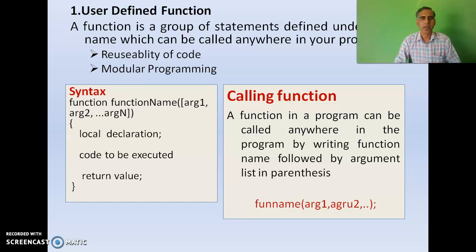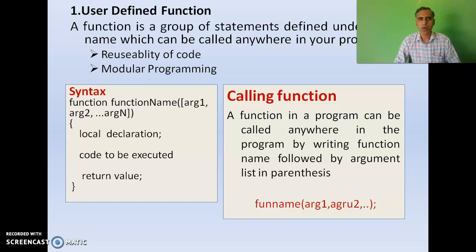A function may have its own local variable, code to be executed, and the last statement in the function is a return statement. After reading the return statement, the function transfers the control back to the calling function.